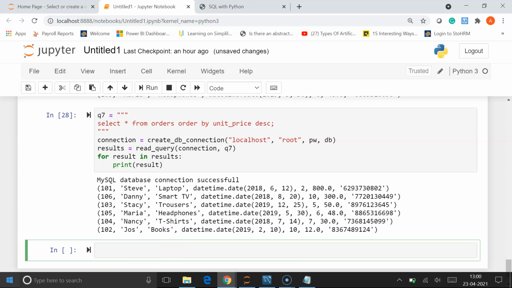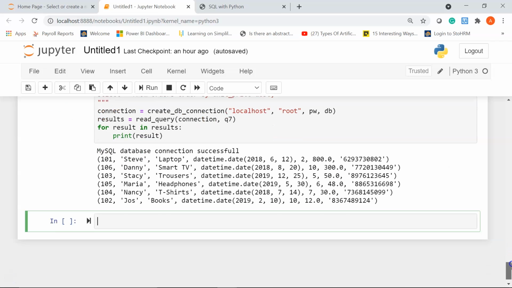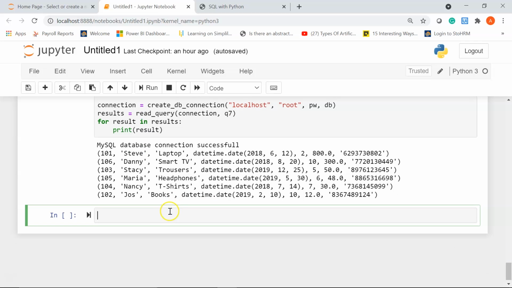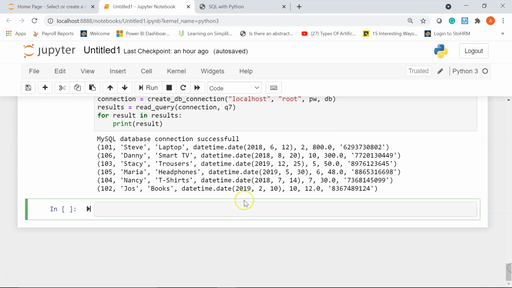Next, now let's see how you can create a data frame from the given table. So as you know, using Jupyter Notebook and Pandas, you can create data frames and work on it very easily. So with this table also we can create our own data frame. So for that, let me create an empty list first. I'll write from_db equal to, I'll assign this as an empty list. So we are going to return a list of lists and then create a Pandas data frame.